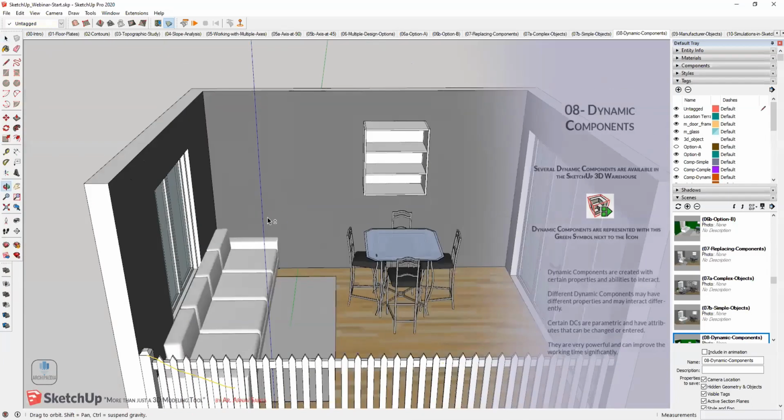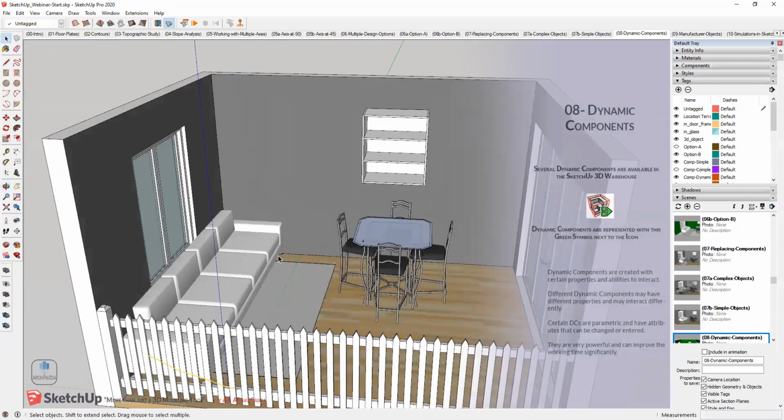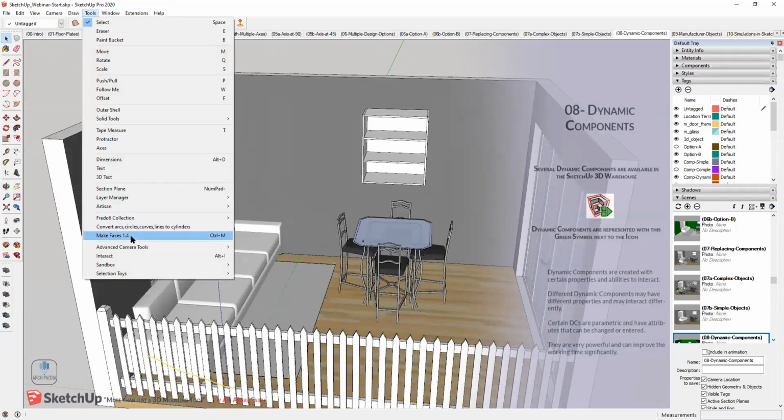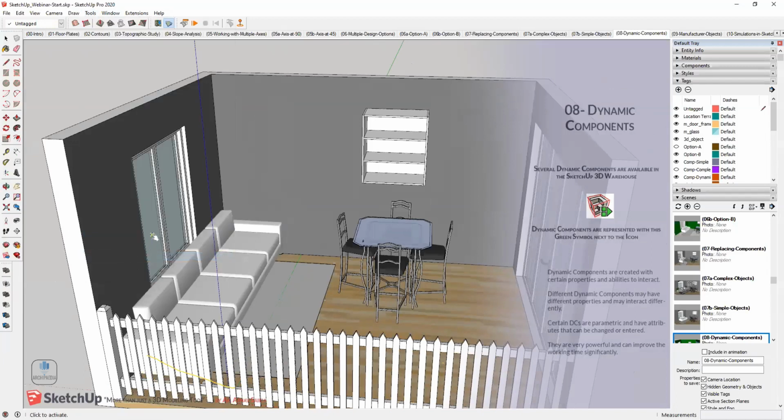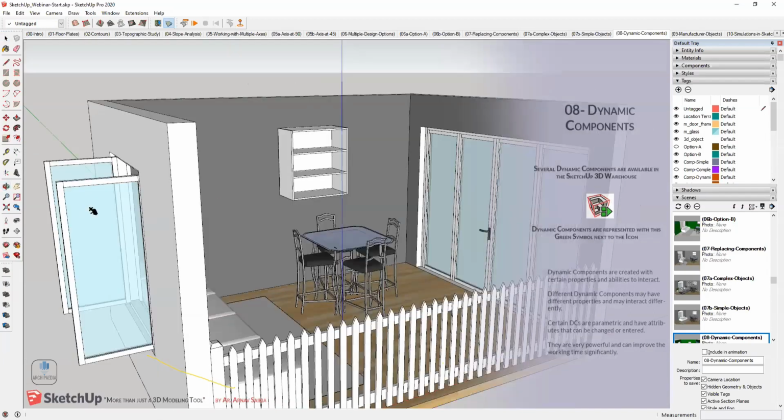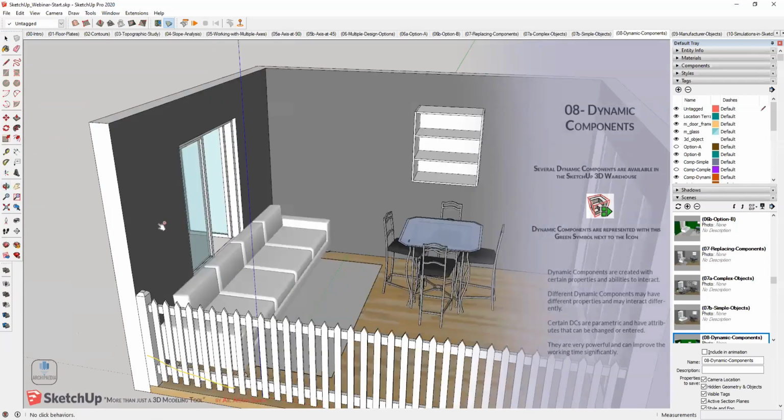Now there can be more properties in dynamic objects. For example, here I'll show you how we can interact with the models, dynamic objects. I will go to tools. These are all native tools. We are not using any plugins right now. Interact. If I click on this particular object, you can see that only certain objects have got